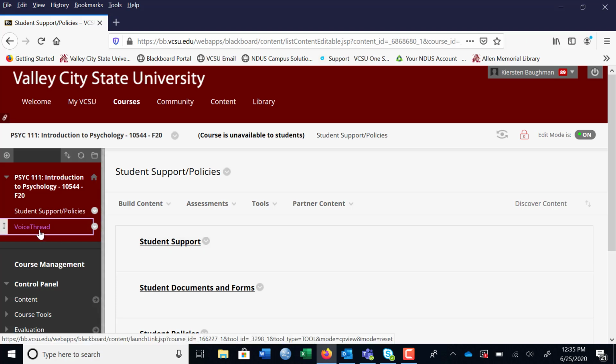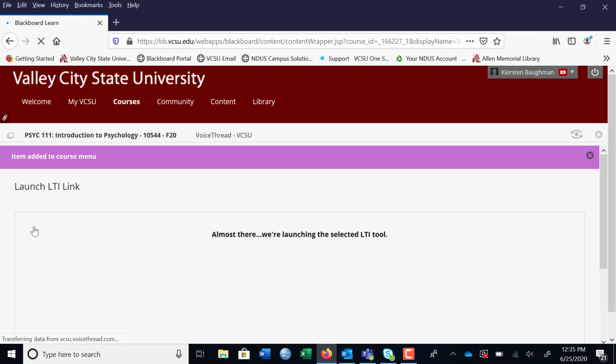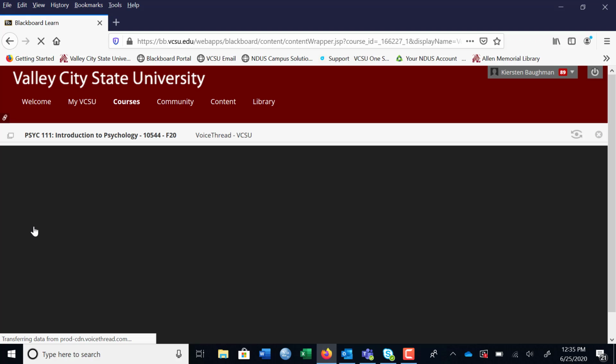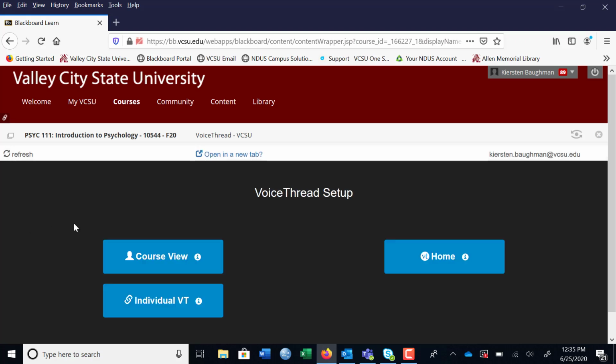You now notice that a link has been created in this menu. And if I click on this, it will give me three options. As this loads, those three options are the following. I can send this to VoiceThread home, which will be out to www.voicethread.com. And importantly, unless a student has previously accessed VoiceThread for some other class, if I direct them to the